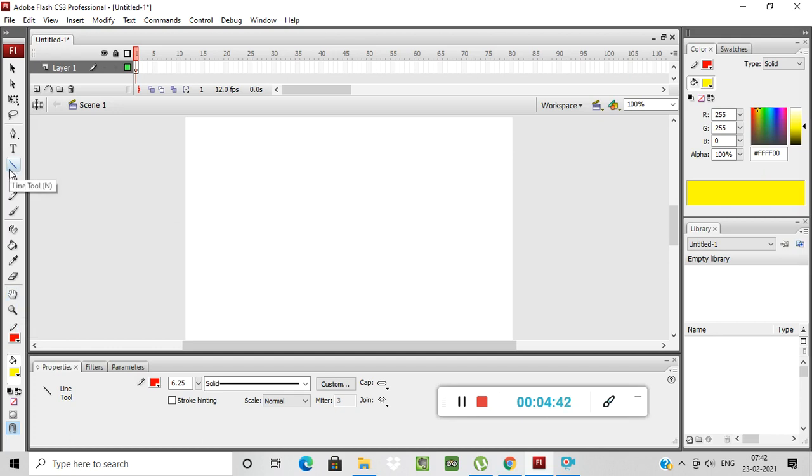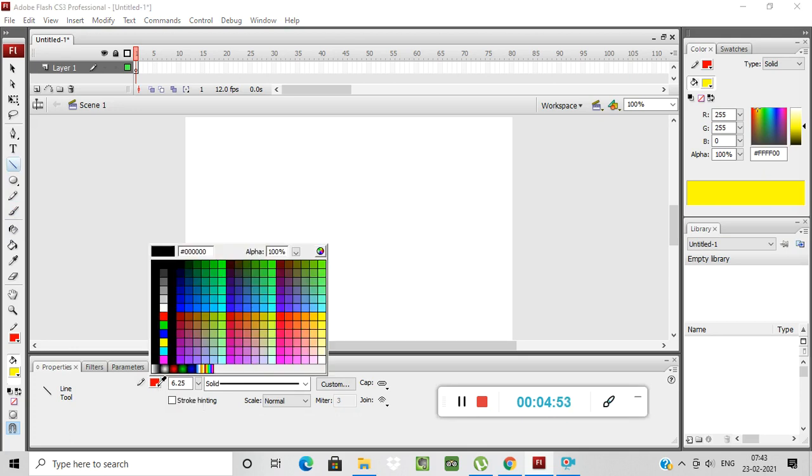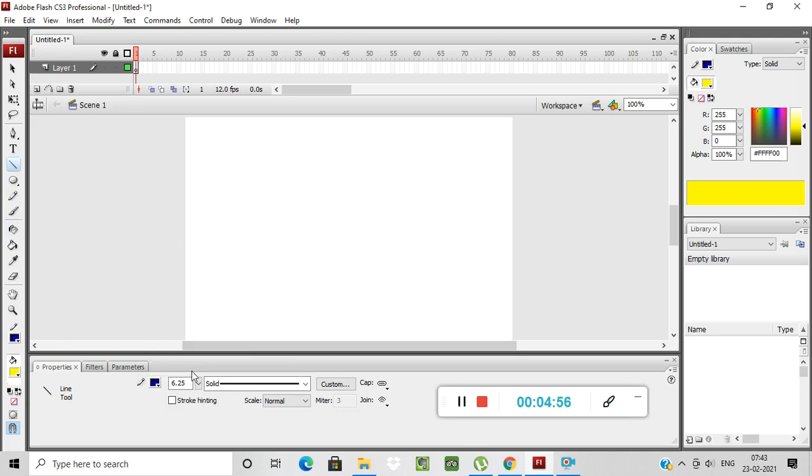So now I am using the line tool over here. Okay, see, I have selected line over here. After selecting line, you can change the color of the line. Okay, whatever color you want, you can select the color, whatever style you want, you can select the style. See, this is a hairline, you can see hairline. Okay, you can change the hairline to solid. See, the size will be changed. You can increase the size from here. Okay, 17, and now you can draw. See, the line will be thick.